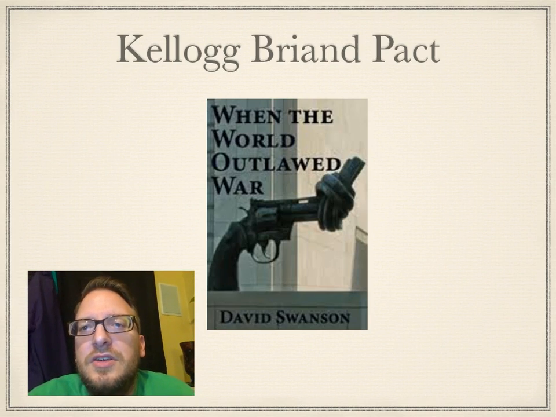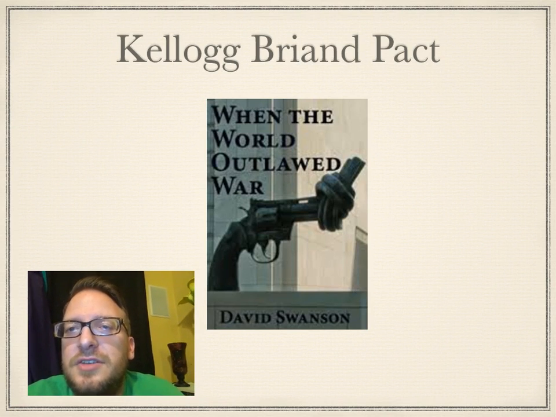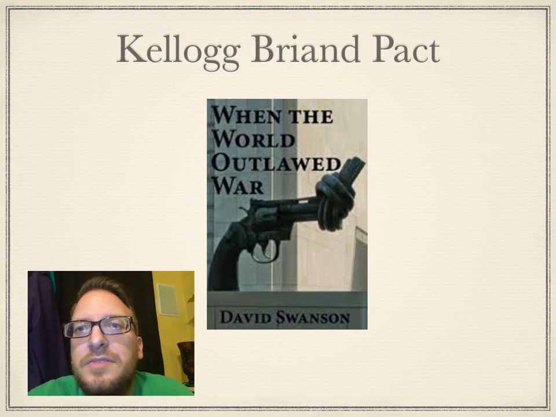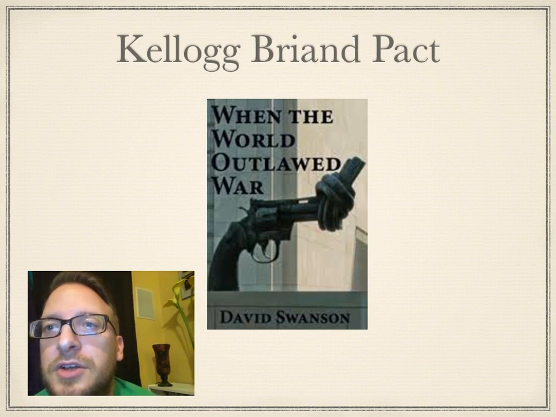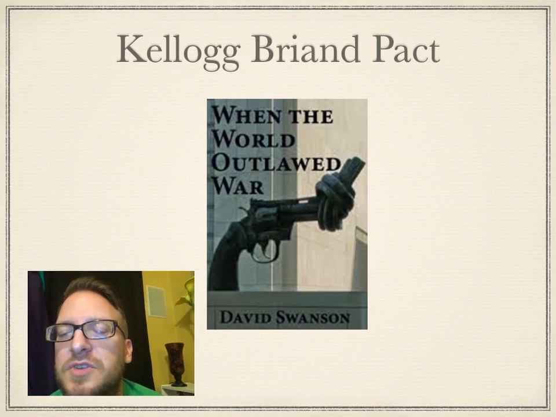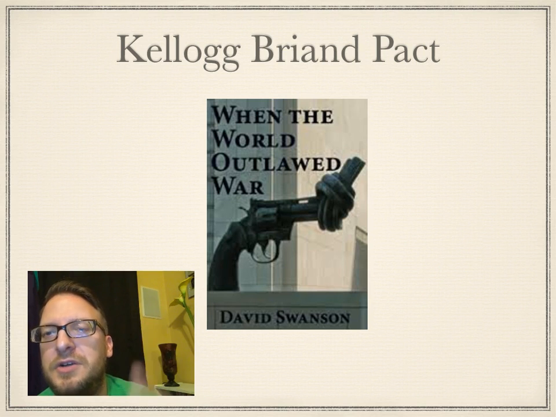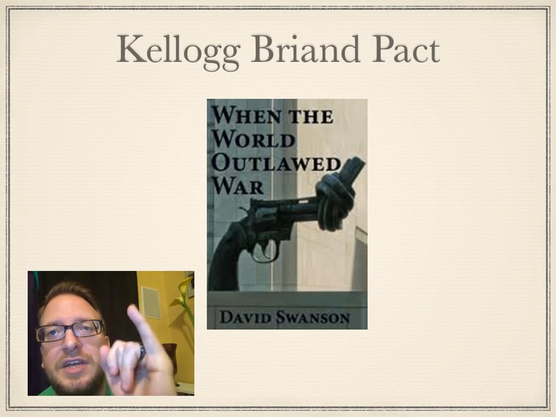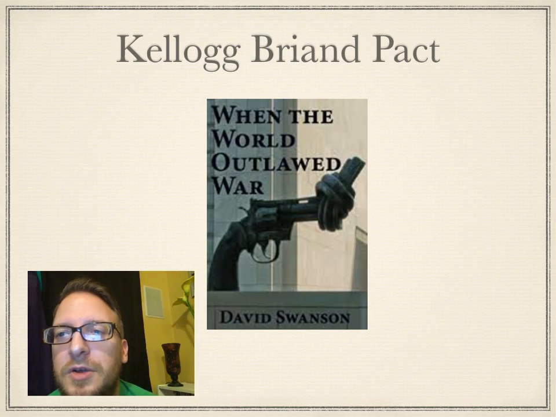Now, lastly, there's a book written called When the World Outlawed War. Mr. Kellogg and Mr. Briand had nothing to do with cornflakes or frosted flakes. Got 27 countries together, and they basically all agreed to never use war to solve a dispute again. And this was the whole deal, that this is great, we're never going to use war again. However, the same country will break the 4-power treaty, the 5-power treaty, the 9-power treaty, and the Kellogg-Briand Pact, and it is Japan. And we're going to see that in World War II when we start going through that, okay?